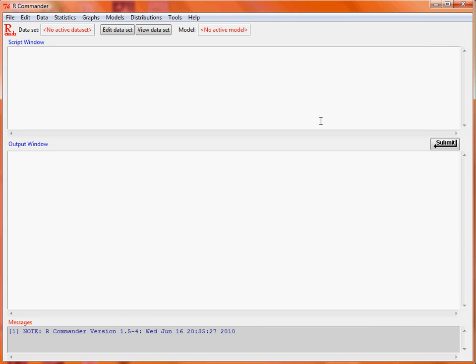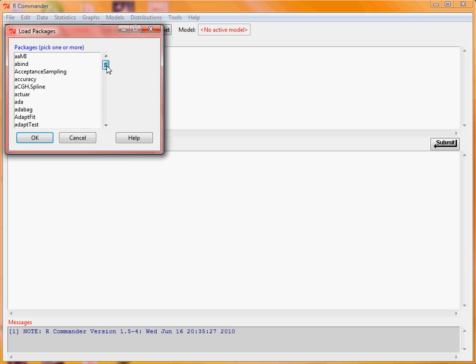R Commander can be used to fit linear models to datasets, and we're going to illustrate undertaking a linear regression analysis with one of the datasets that's available in the Modern Applied Statistics with S package. So the first thing we're going to do is to load the package from the Tools menu,